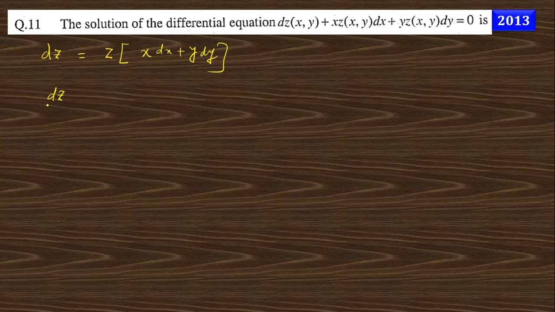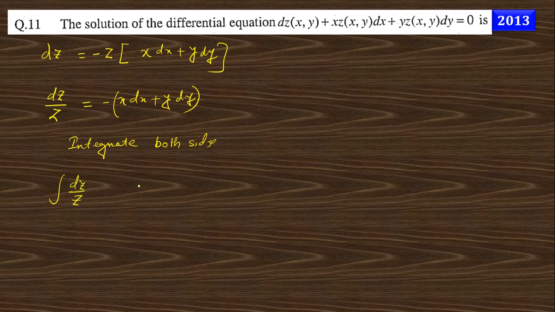So you can say dz by z is nothing but minus, this is obviously minus (x dx plus y dy). Integrate both sides. We can say this will be integration dz by z equal to minus integration (x dx plus y dy). So this will be nothing but ln z equal to minus (x square by 2 plus y square by 2)